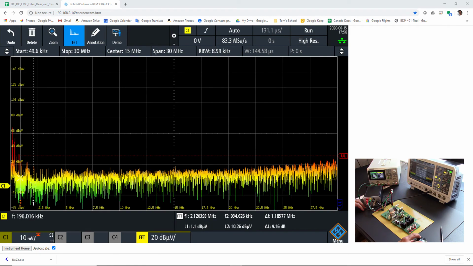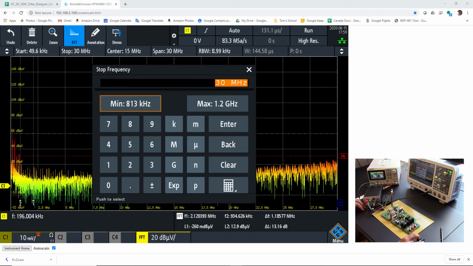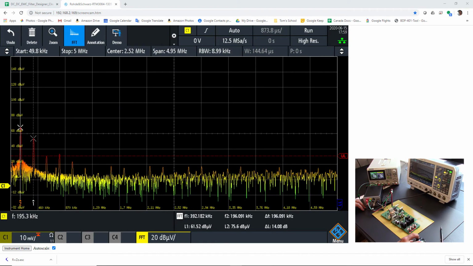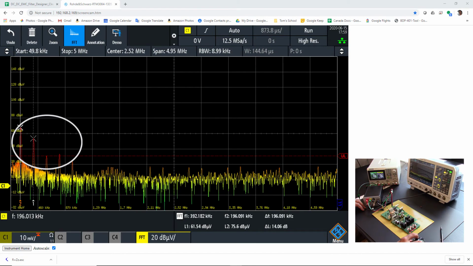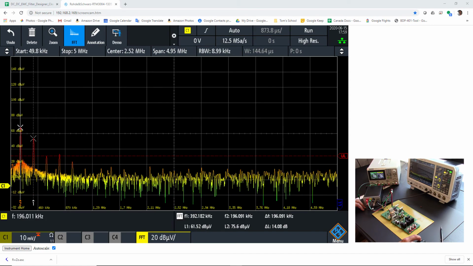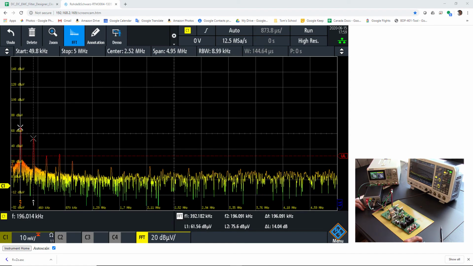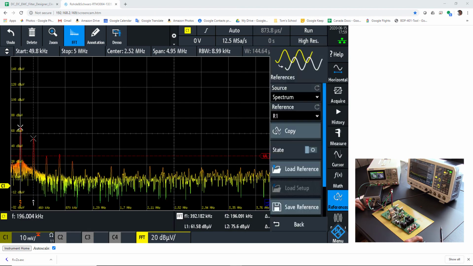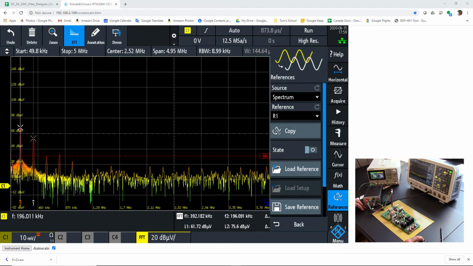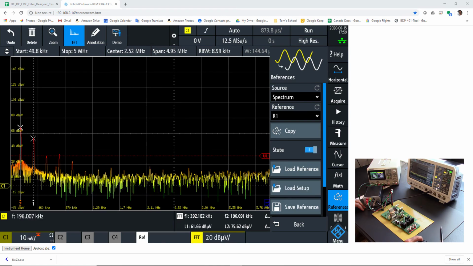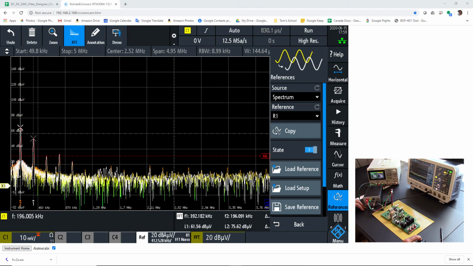So let's take the stop frequency back down to around 5 megahertz. And you can see here, after filtering, you've got these spikes, but everything else disappeared. Now, for comparison purposes, I'm going to save that into one of my references. So I go here. My source is a spectrum. I'm going to copy it into reference 1. There we go. The white line now is